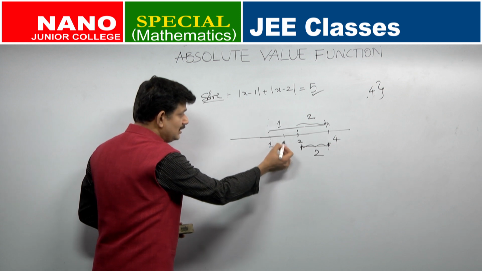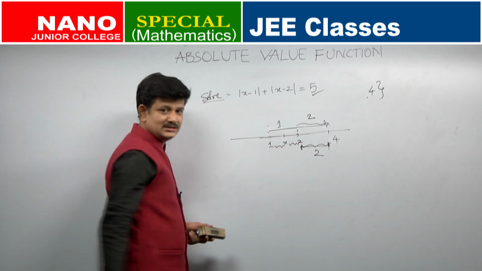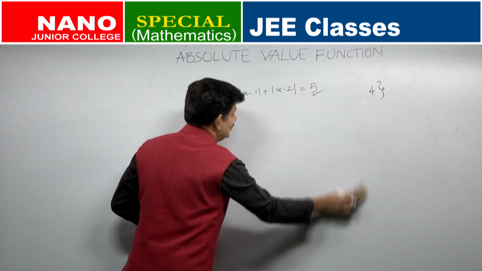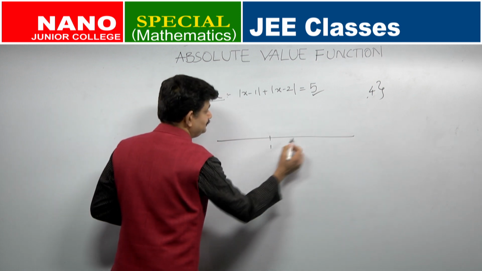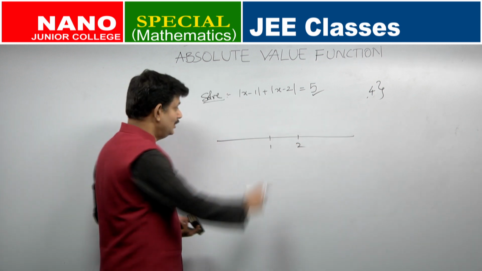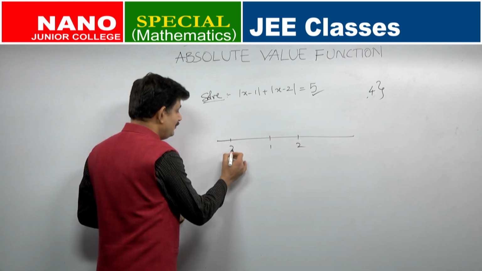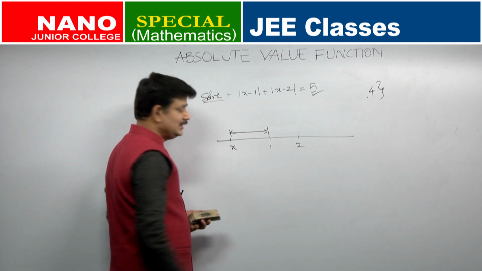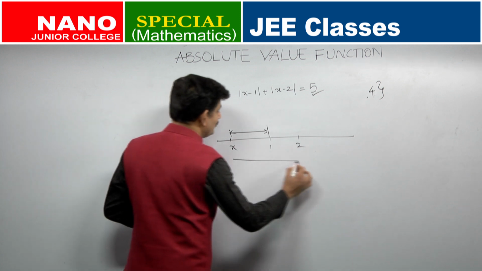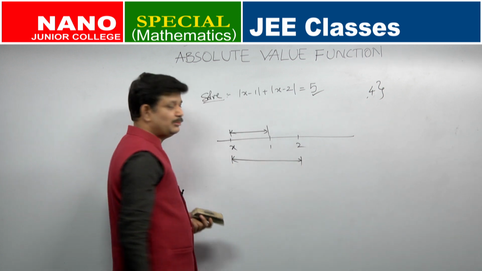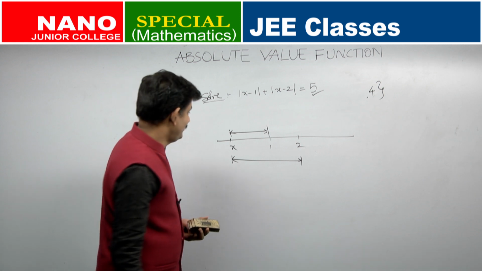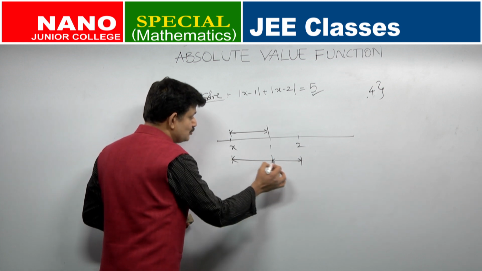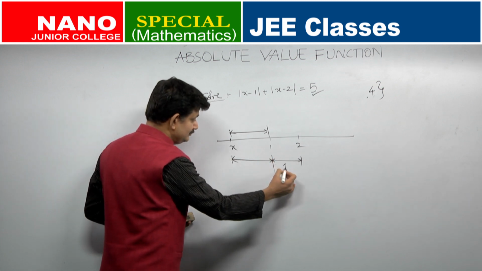Is there any solution here? This distance plus this distance is always 1, it can never be 5. So, let me see if there is any number to the left of 1. In this I got 4, in this there is no solution. Let me hunt for any solution here. I want this distance from 1 plus distance from 2, sum of these two distances to be how much? 5. In this, do you know anything? Yes, if I break this total distance into two parts, distance from 1 to 2 is 1.